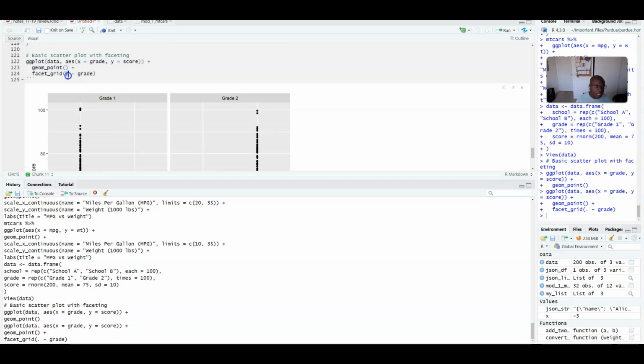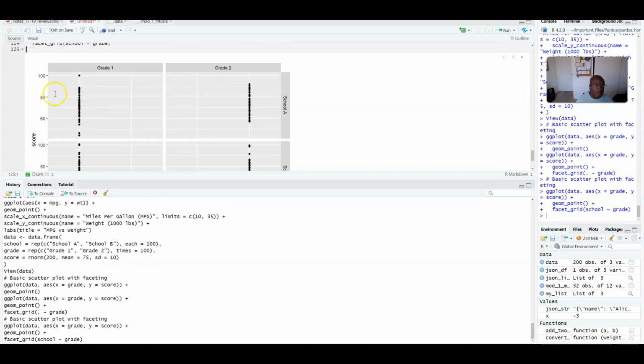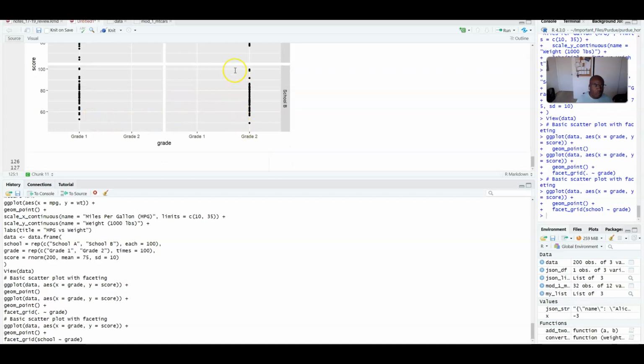But if I remove that dot and specify the other variable, school, this is going to give me all 4 different panels. Okay, all 4 different panels. Okay, in terms of